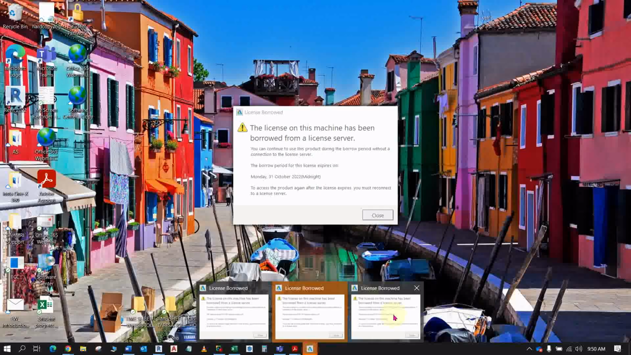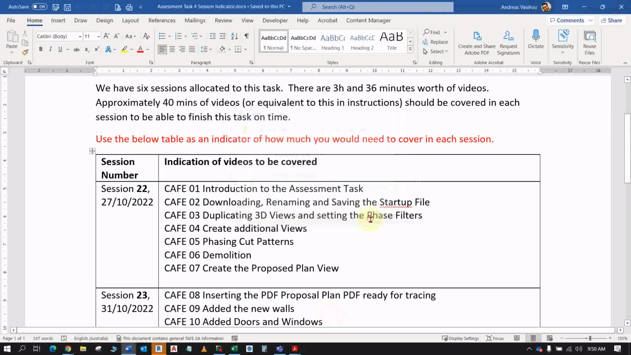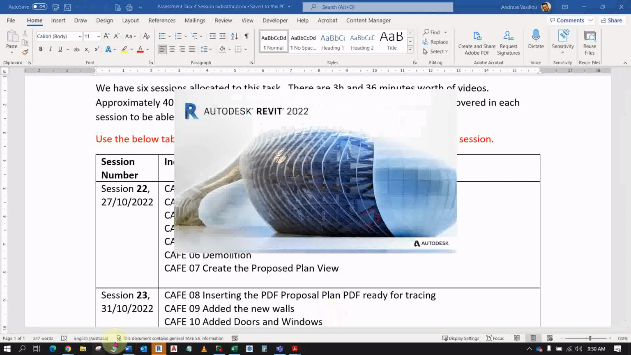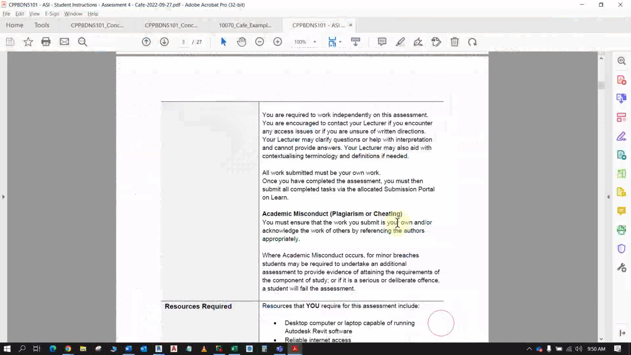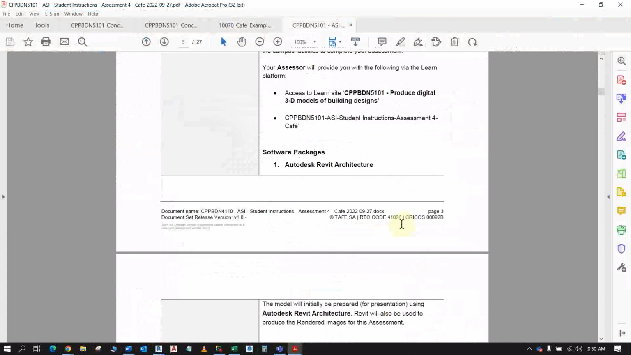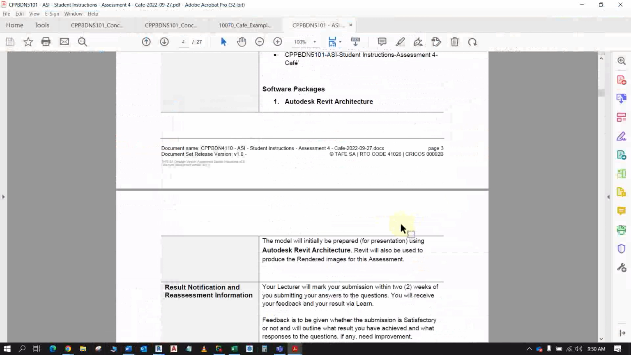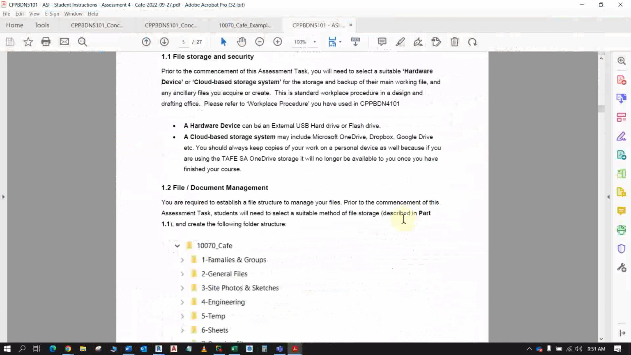Let me just, oh my goodness, I only opened up 3 of them. Oh goodness. Okay, try again. Close that. All right, so it pretty much follows the instructions, you know, clause by clause, I guess. All right, so I'll just skim through this. Get down here. Cafe assessment instructions, part 1, file storage, whatever, and here,